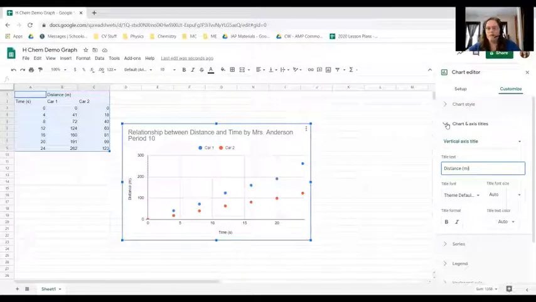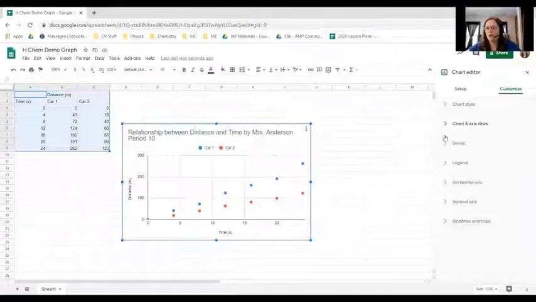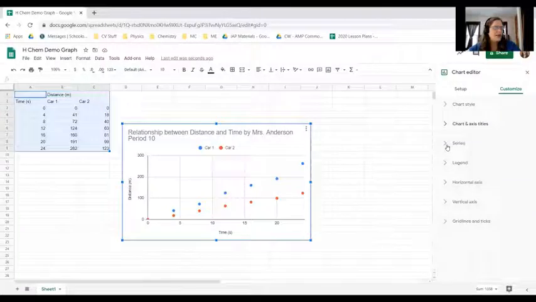All right, that is very good. The next thing that we want to do is make sure that our graph has the data points that are clearly able to be differentiated between each other, even if your graph is printed in black and white. So right now, the problem is they're both circles. We want to change that. So we're going to change that